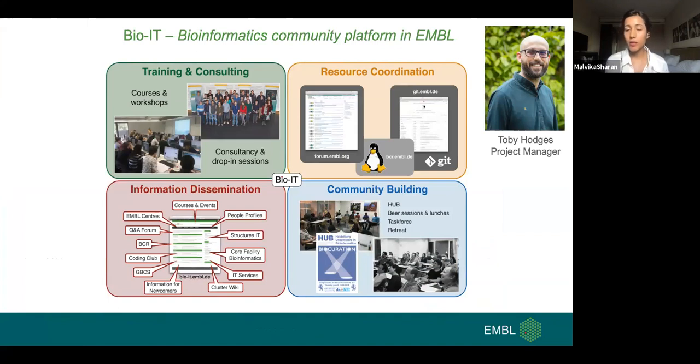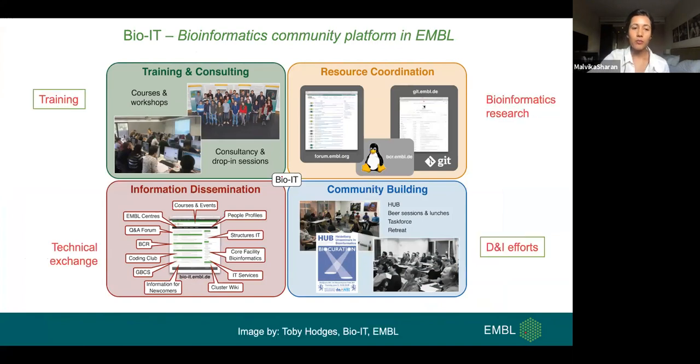Toby Hodges is my project partner, and we work on four main areas. The primary one is our training, where we try to make sure that people who do not have computational skills will come in and learn from us. And we also try to offer bioinformatics research resources to them, and create a lot of opportunities for people to exchange ideas,